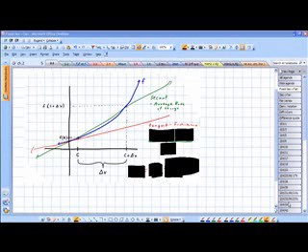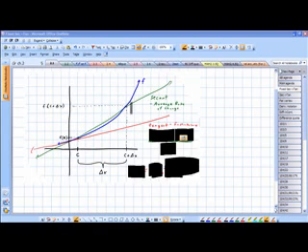This section is an introduction to the derivative. Starting with this graph of the function f in blue, we have a point at c, f of c, and another point at c plus delta x, f of c plus delta x. The green line is a secant line. It crosses the function in two places, and that is the slope between these two points,